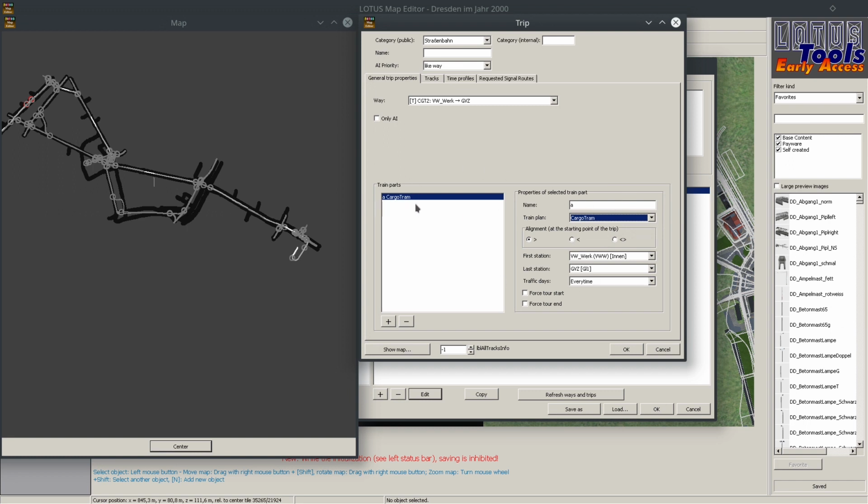It's also shown behind the name in this list. And now we need to set the direction of this train plan at the starting point of the trip. We got forward, backward, or random. For this we choose random because we don't know in which direction the train part will end at the last